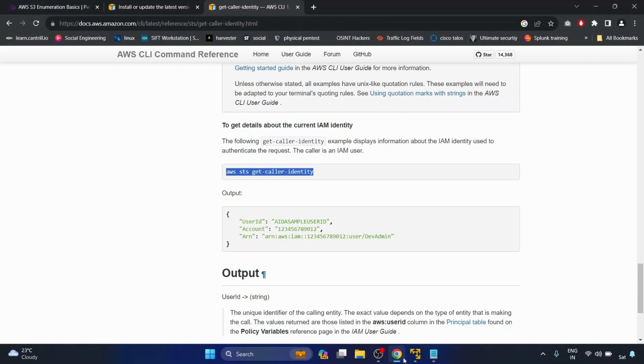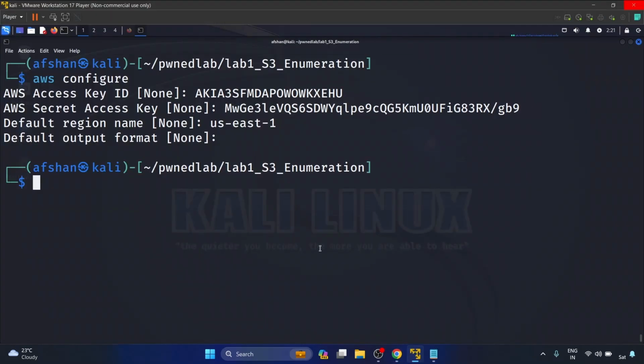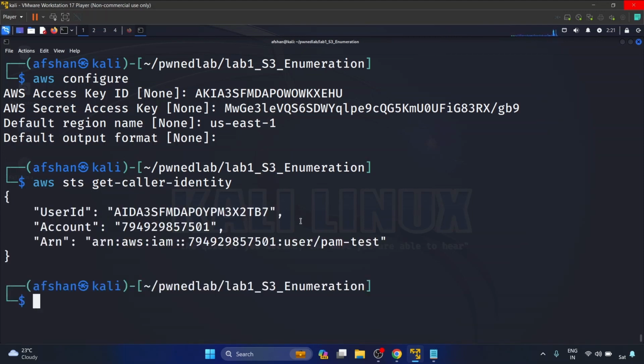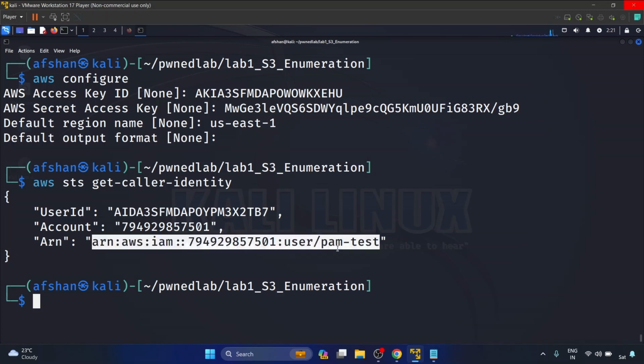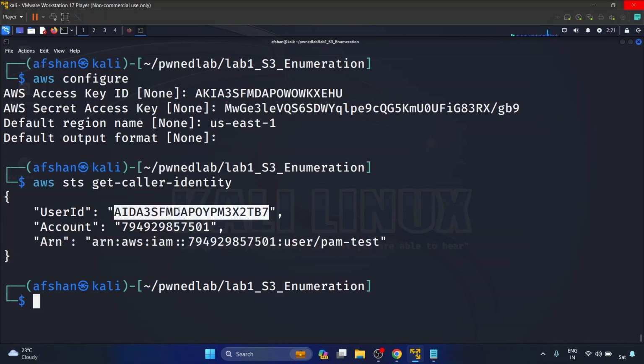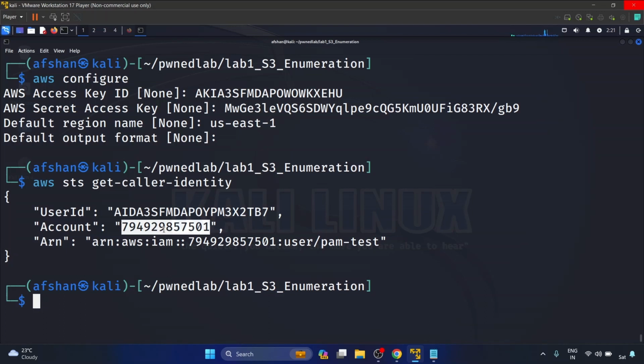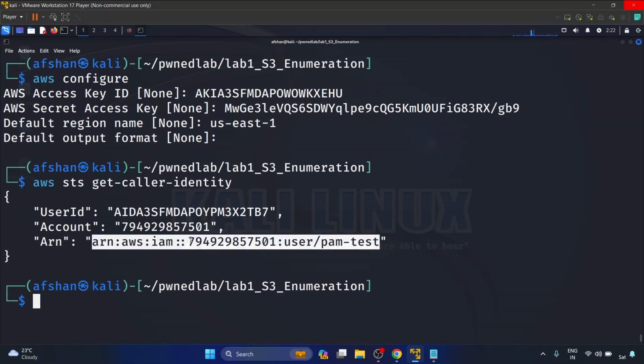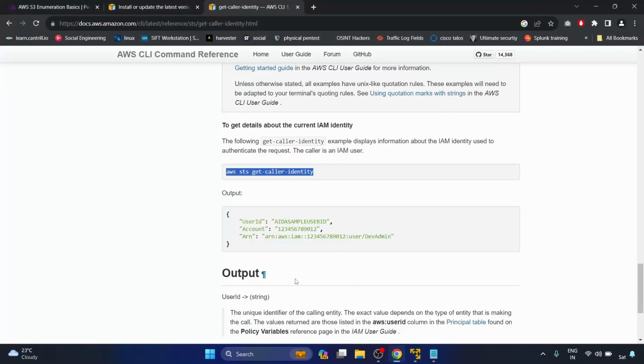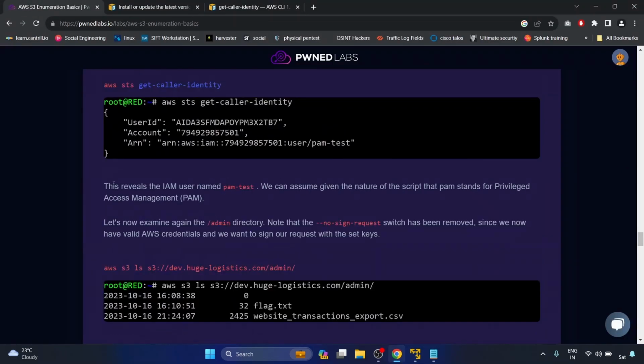So let me copy it and let's paste it here and hit enter. So we have this pam-test user. This is a user ID and this is an account. Okay, and this is the ARN, that is Amazon Resource Name. Okay, let's see the walkthrough. So this reveals the IAM username pam-test, and we can assume, given the nature of the script, that PAM stands